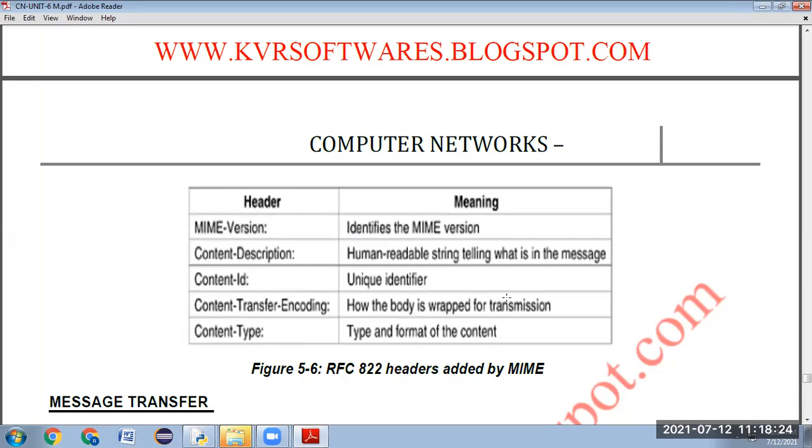That means it tells what encoding mechanism we have used for transferring the message. Next, content type: what type of message it is. What is the content? Is it audio files, images, text or videos, whatever it is. These are the additional things that are added.